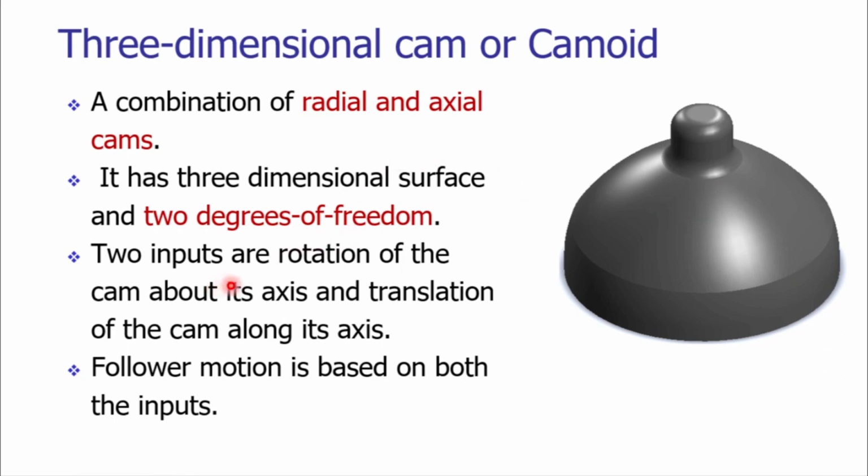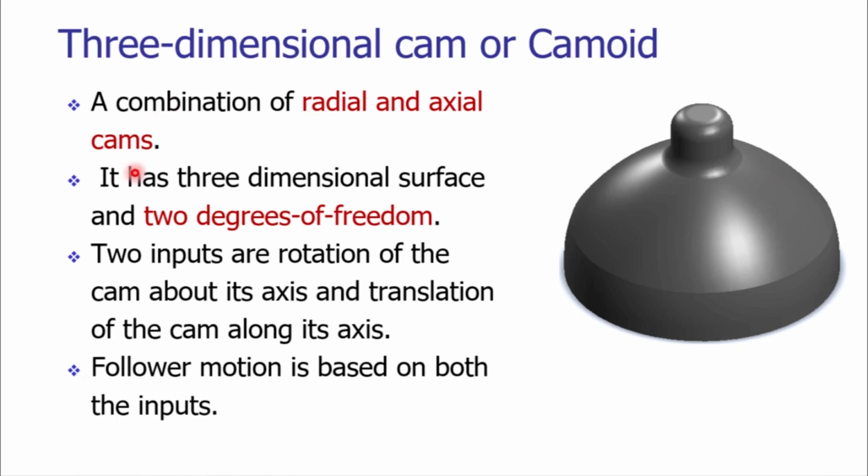Two inputs are to be given to the cam, that is a rotation about its axis and translation of the cam along its axis. Based upon the input that is given in rotation and translation, the required follower motion is generated in the cam